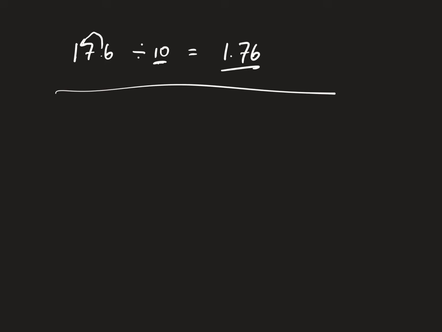But let me zoom in to what Michael wanted a better explanation of, and that is dividing a decimal by a decimal. So let's use the example